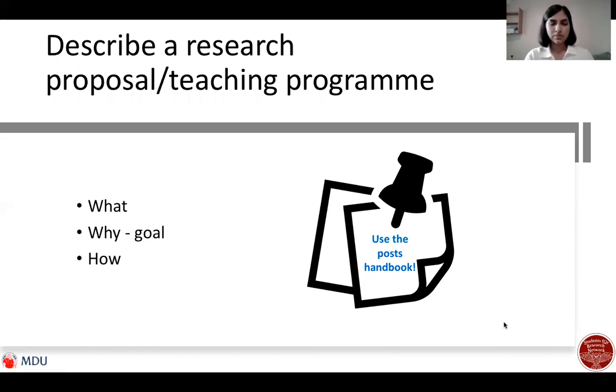So let's say you want to do a systematic review, but you don't want to do it alone. You'd like to do it with 4 other people. You need to state that you would do team meetings and specify people, their roles, and use certain skills to make sure that you're able to complete your systematic review on time. So you need to go into details about what you would like to do.